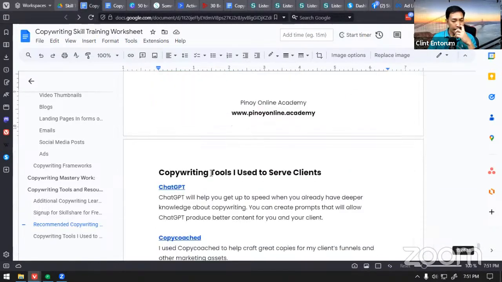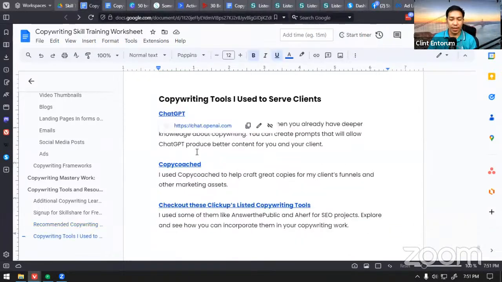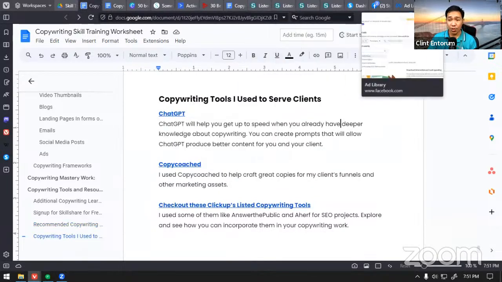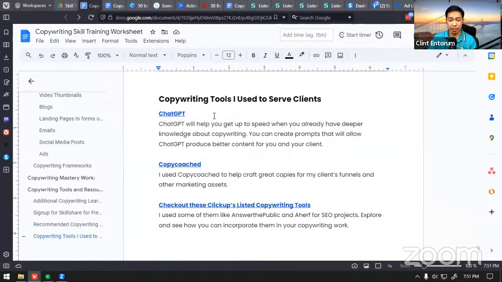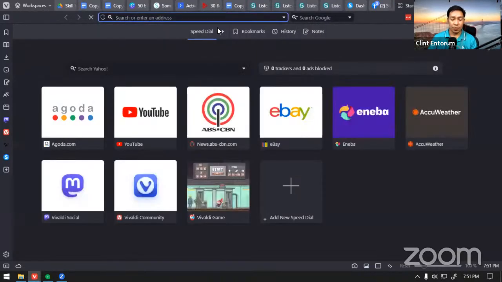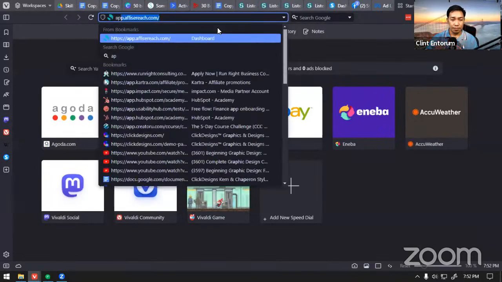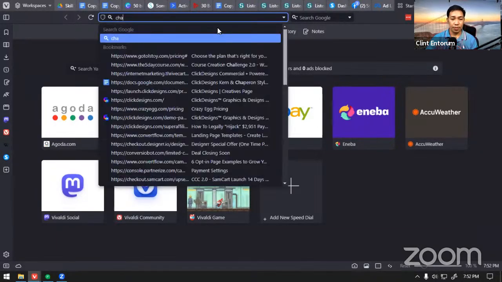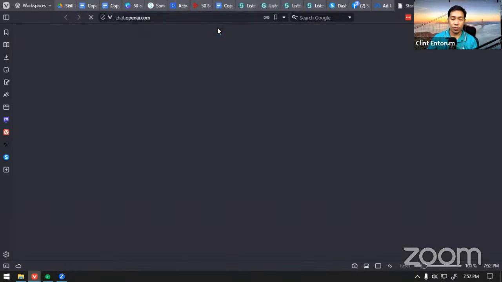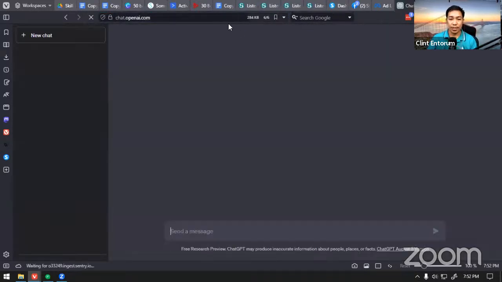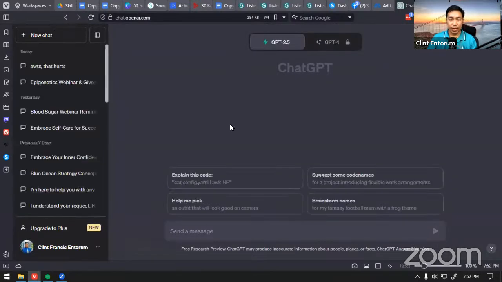And lastly, there are the copywriting tools that I use for clients: ChatGPT and Copy Coach. Let me show you how you could write copy in ChatGPT once you familiarize yourself with copywriting frameworks. That's why I spent time with you discussing the marketing frameworks, so that you'll be able to use them in writing copy.